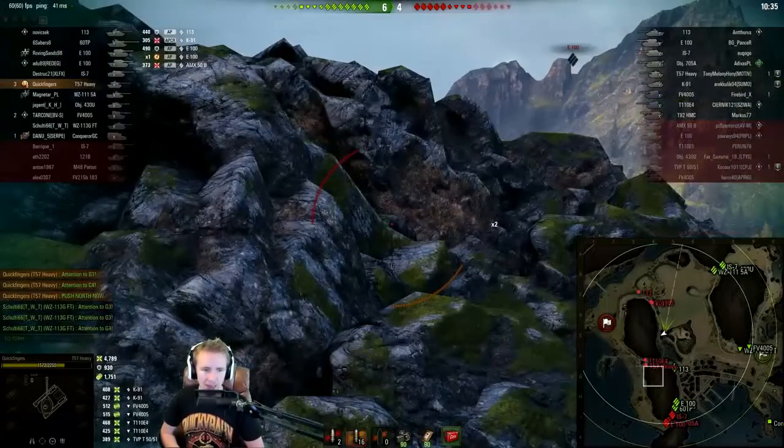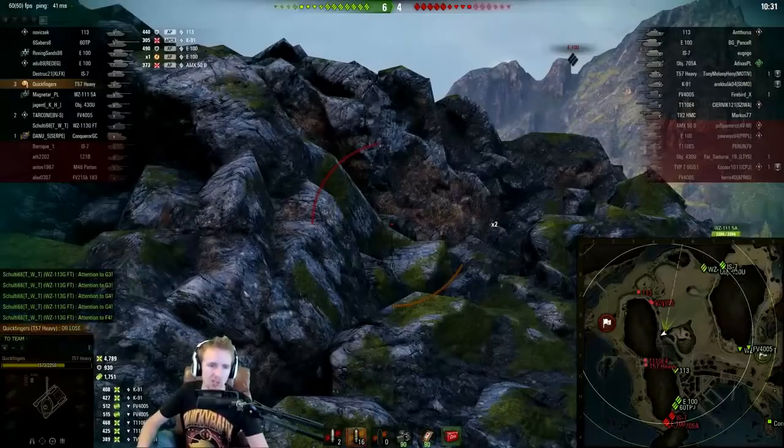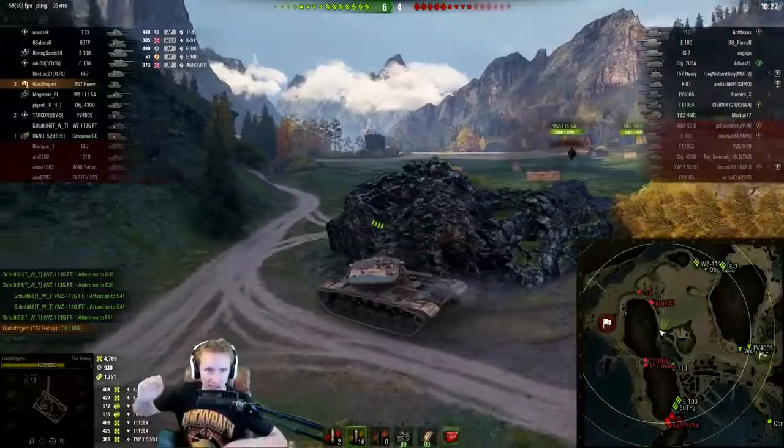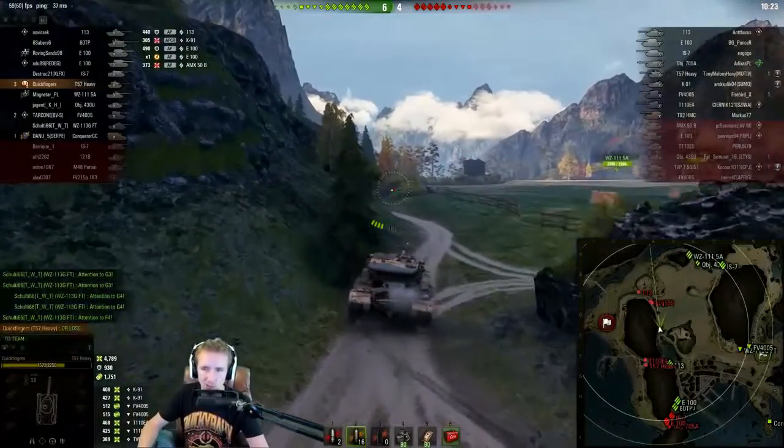So I ping the map, and I ask the North to push. I say in chat, push North now or lose. I mean, that's about as simple as it gets, right? And you know what? Hats off to them. They actually do it. And the reason why I said that we have to push north is because I really